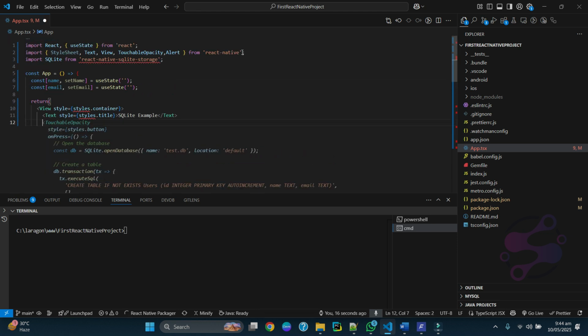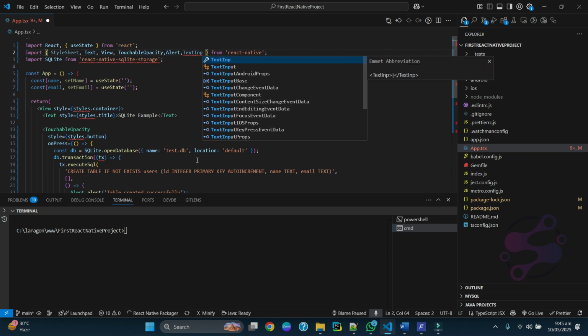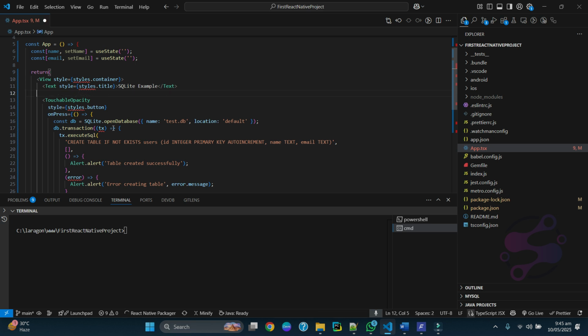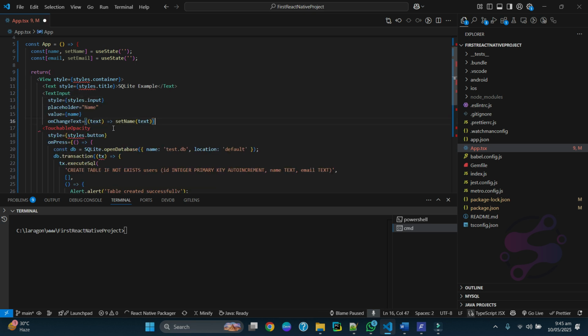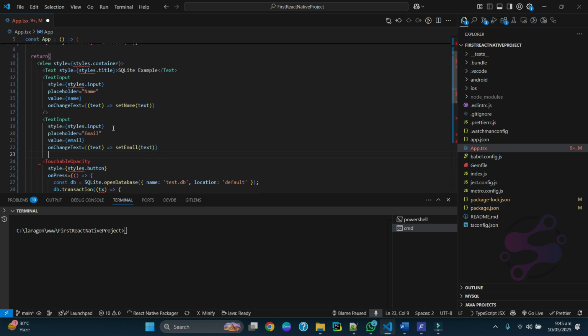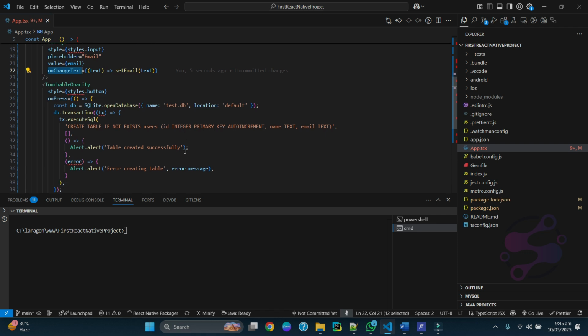I'm going to also fetch the TextInput component, because we're going to use the TextInput component. As you can see, input components, another input component. Okay, so for name, you are setting the name with onChangeText. Fine. So whenever someone clicks on this particular button,